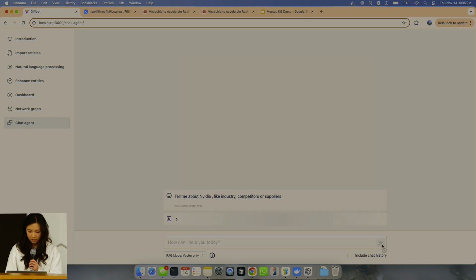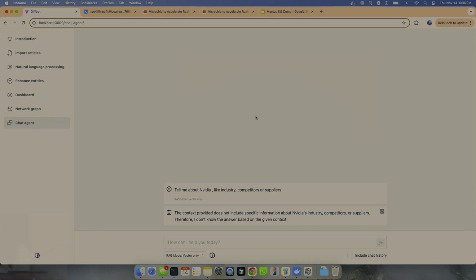If I do this, it will tell me the context provided doesn't include specific information, because our data is just limited to the news articles, right? And it wouldn't give us that data. And that's actually good because we don't want LLMs to hallucinate something it doesn't know, right?